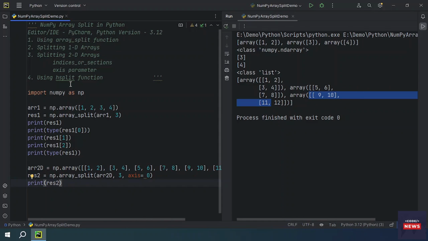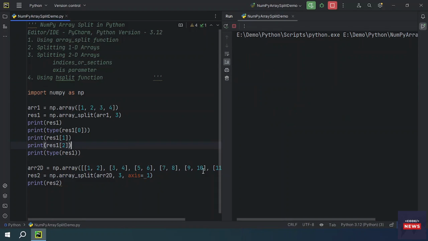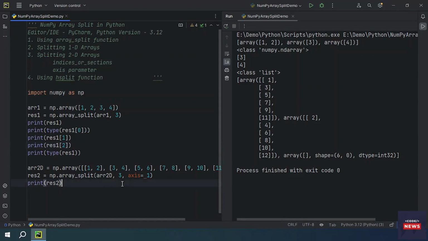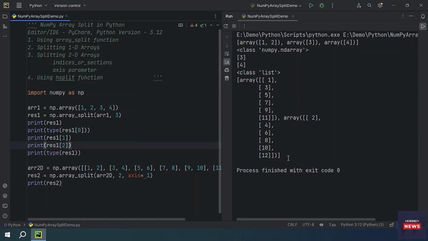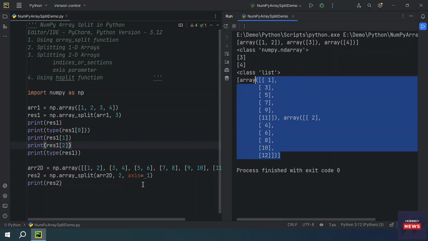We have one more method, that is the hsplit method. The hsplit method is for splitting a 2D array into 2D arrays along columns. It works the same as split with axis 1. If you use, let me make it 2, it will give you the same result. Same result here. Let me take result 3